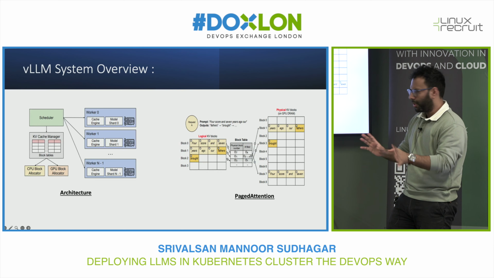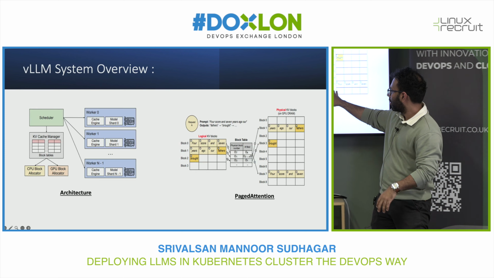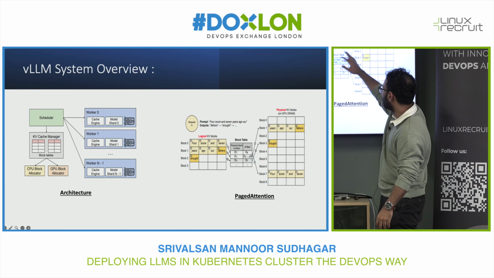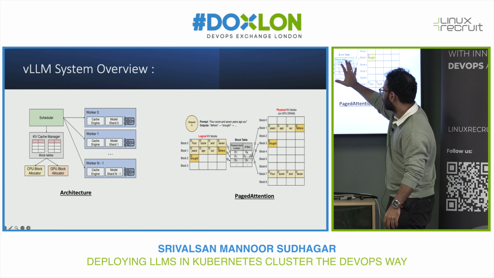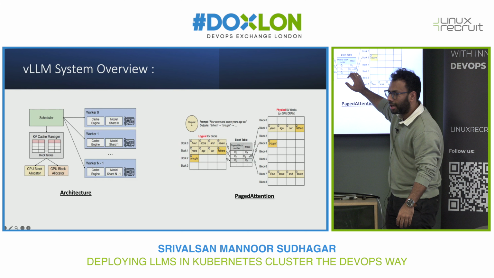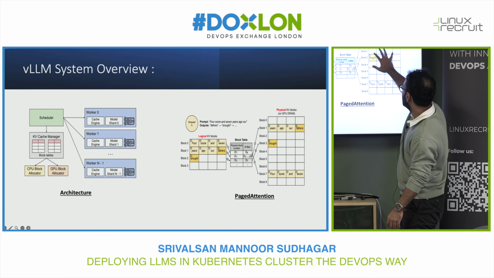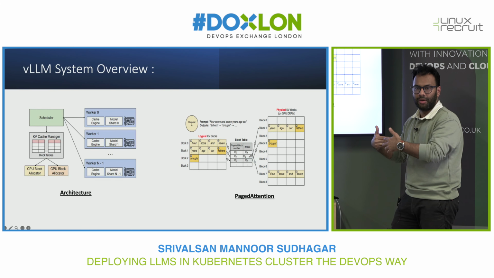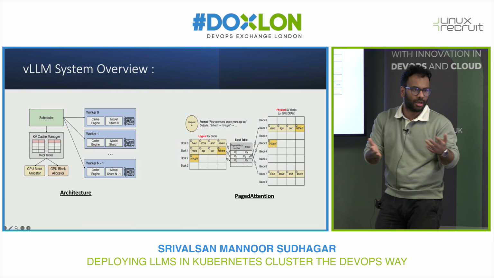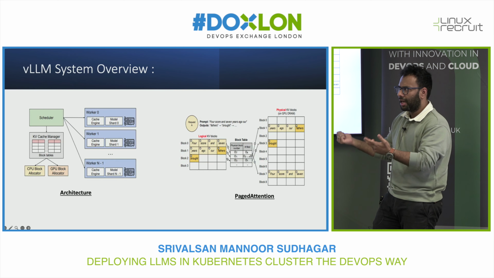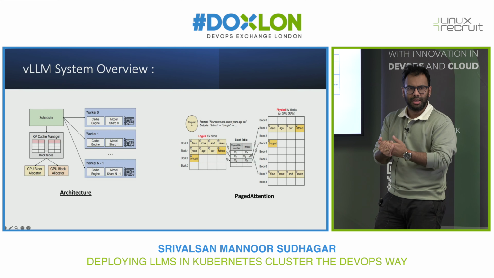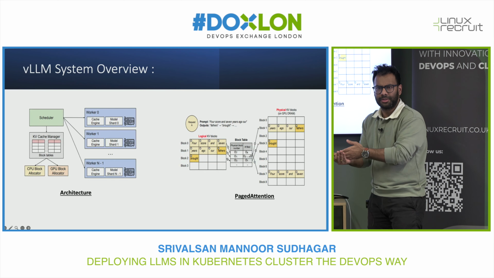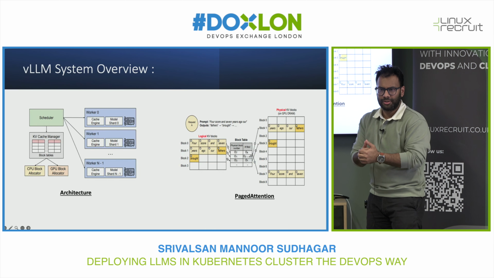So in a quick nutshell, what it does is it has your own logical key-value blocks, which talks about, if you just take a prompt, how our fathers brought what, and it basically then has a block table, and then it figures out how to store these on the GPU. What this meant is that your memory management at the GPU level is quite efficient. There's a paper which talks about vLLM's performance against some of the transformer models, and based on the paper, it says that the memory management is 55% more efficient than the other transformer models.